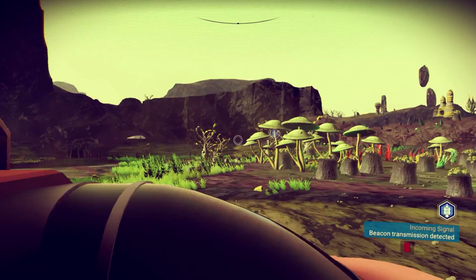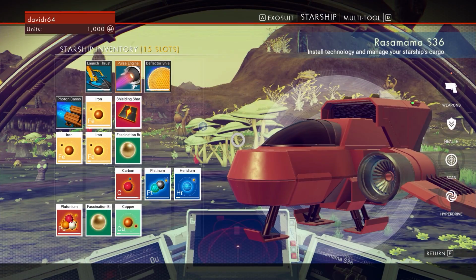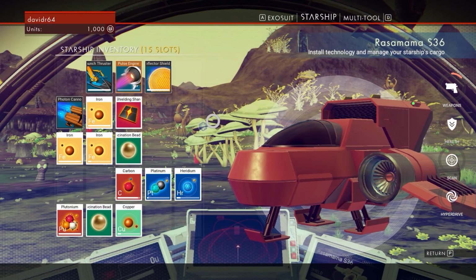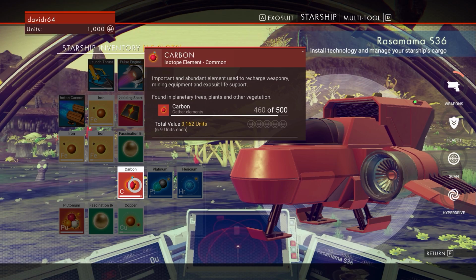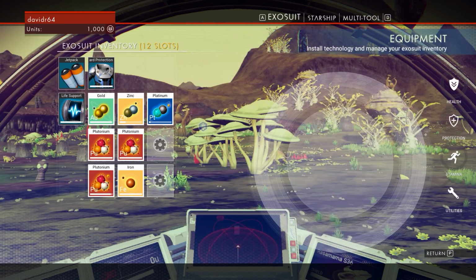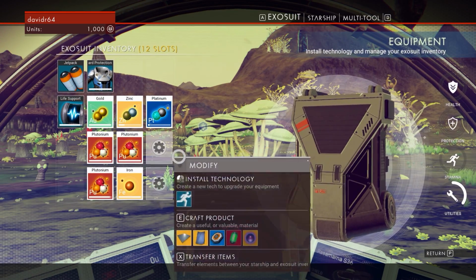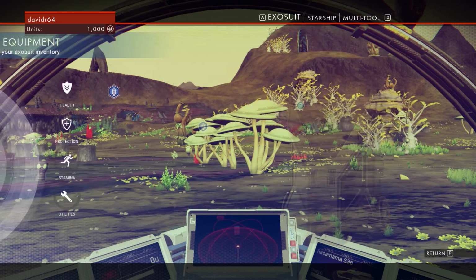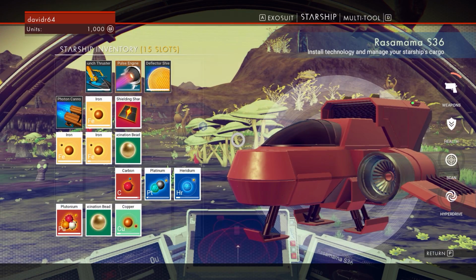Because in here, we have probably some carbon. Do I have carbon in here? I do. I do not want to discard my carbon. I want to move this. Can I just hit X to move it to my inventory, or do I have to go to my exosuit now and drop it here? Click. Nope, that's to install tech. I don't want to install technology in this right now. I need as many inventory slots as I can get, so we're gonna go back to the...